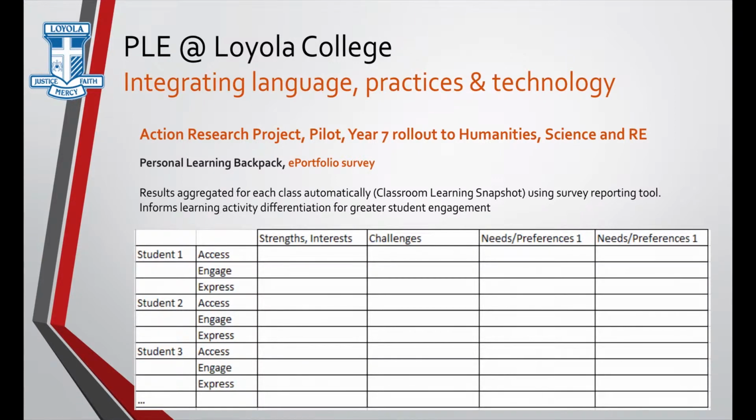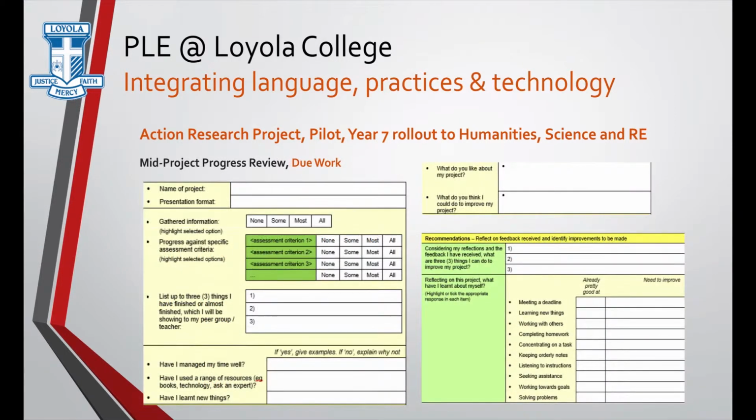And I used an ePortfolio survey to generate that data to begin with, and all the reporting benefits that come with the Schoolbox survey I can then make use of. So I mentioned